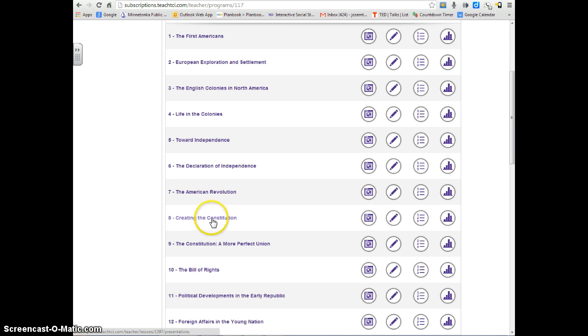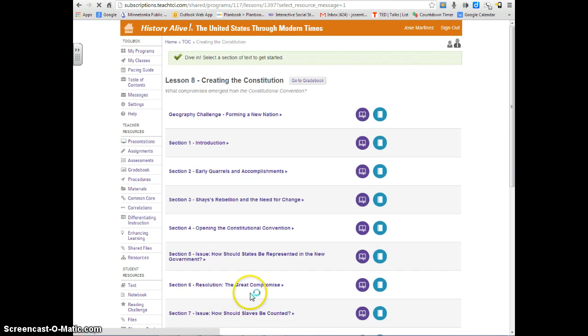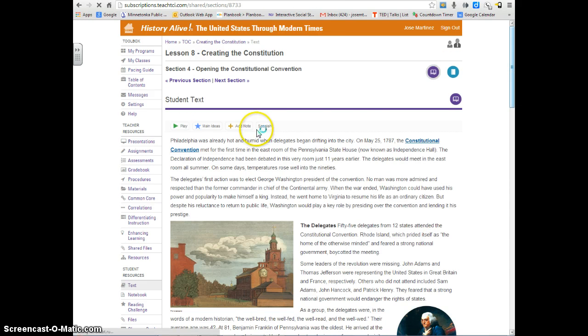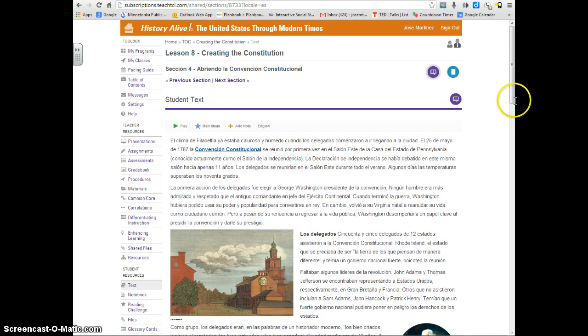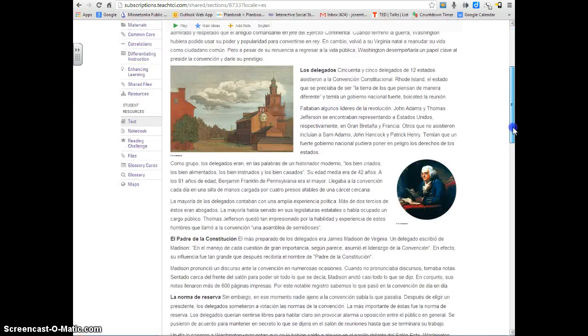constitution. So this can be a little bit boring for students. So I really like some ideas that the author suggested on ways to implement games for making the lesson more engaging and the students to remember better. So this is a textbook, so we can change this to Spanish, and the students have access to this from home online. So here,